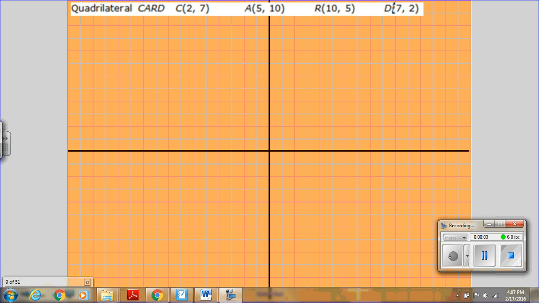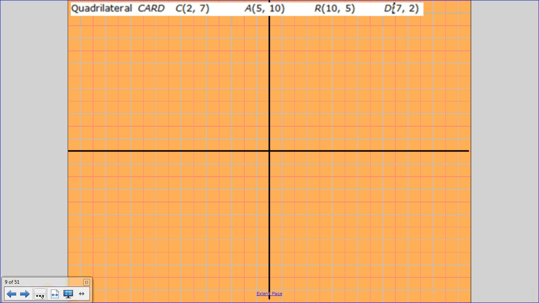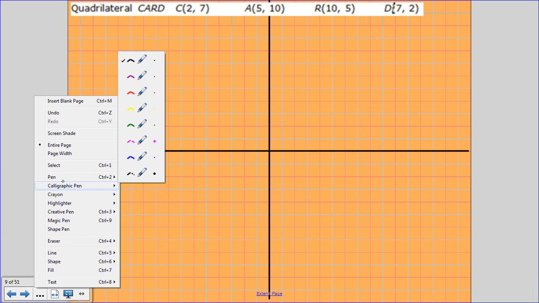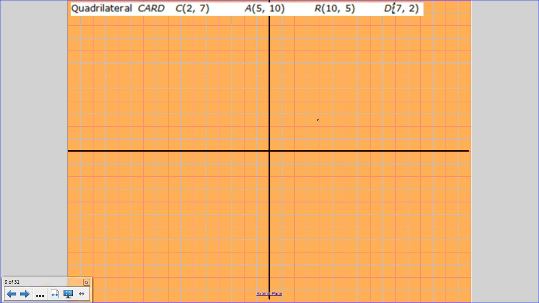This is a tutorial to help you finish the graphing quadrilateral activity. So the first quadrilateral is quadrilateral CARD, so we need to plot the points. (2, 7) is C. (5, 10)